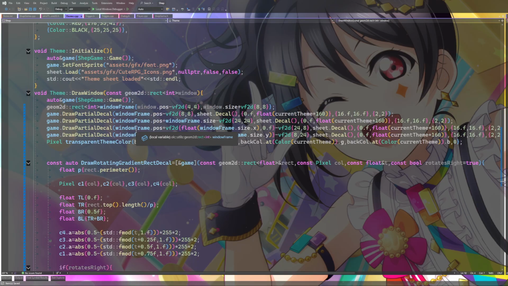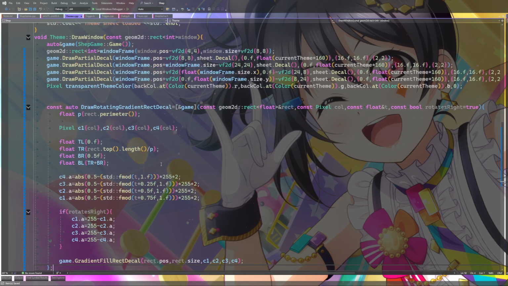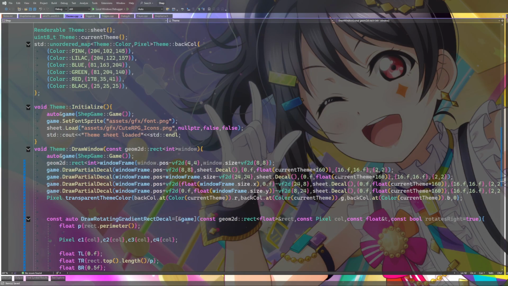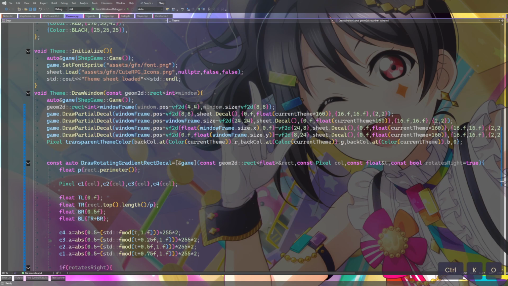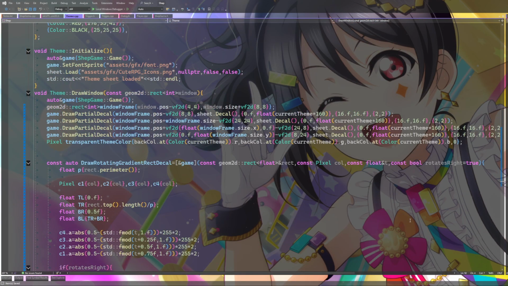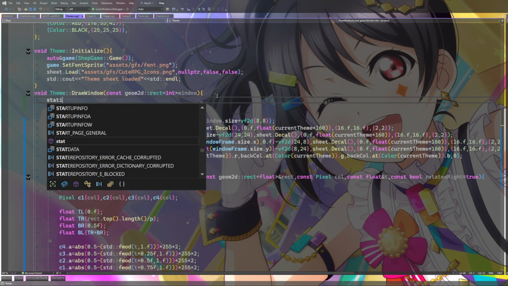Need a T variable to just track internally. I think it could be static because nothing else is going to use this, but I'm worried other stuff might call this, so I'm just going to do static float T. But then again, yeah, it could probably be in here. I don't think it'll be a problem.